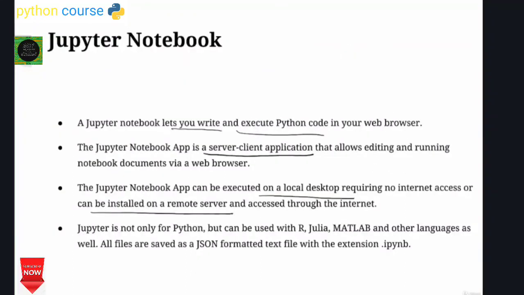The Jupyter Notebook is not only for Python. It can be used for other programming languages like R, Julia, MATLAB, and others as well. All the notebook documents are saved as JSON-formatted text files with the extension